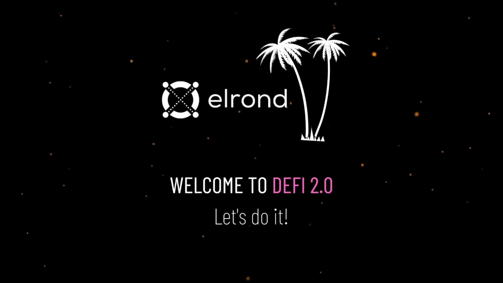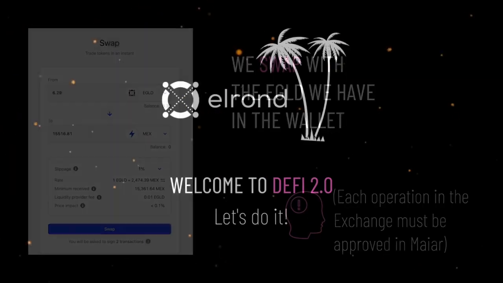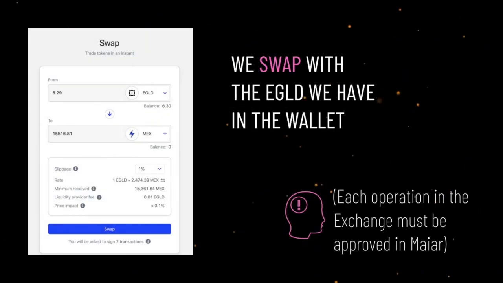Now you'll discover how incredibly easy it is to grow the profitability of your eGold and MEX. The first thing that we have to do is to swap with some eGold to have MEX tokens that we're going to invest in the liquidity pools. Each one of the operations that you carry out in the exchange, you must approve them through your MAIAR mobile